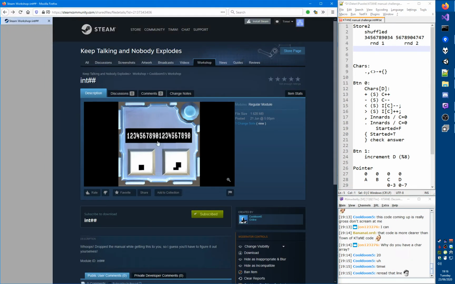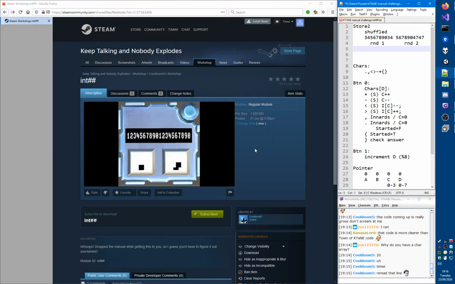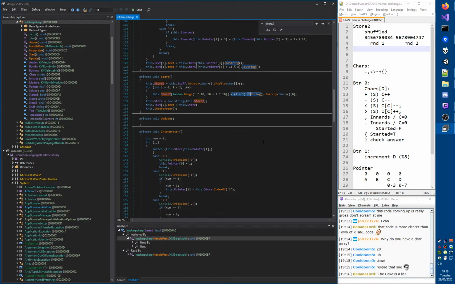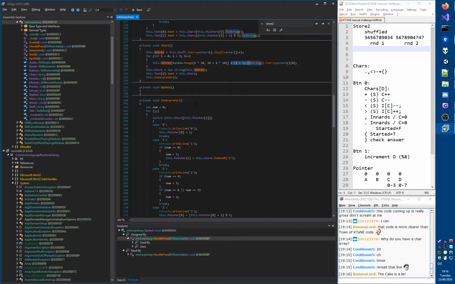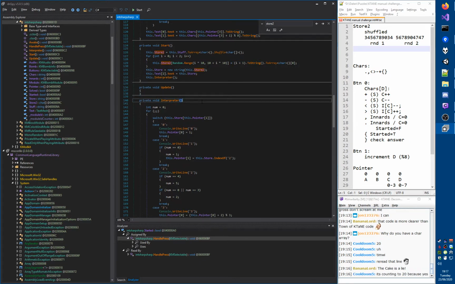So you can see... Okay, so this string is actually false. So your screenshot is a lie. It's probably something that you put in during development, and then you just screenshotted the development module. I tend to take a screenshot of the module in action during the game. Alright, and then we run something called interpreter. Now, it's counting to 20 because, yes,